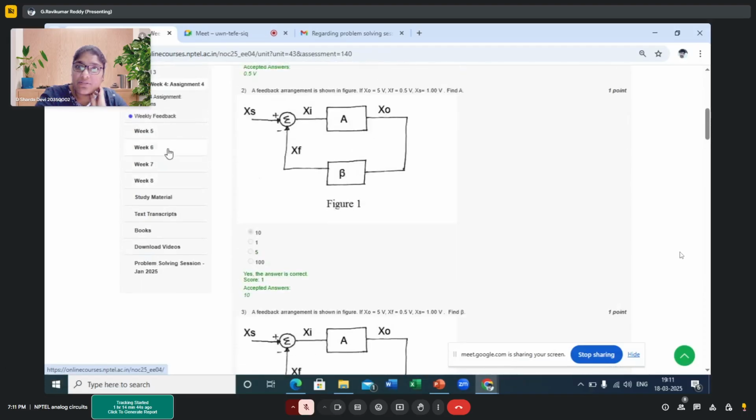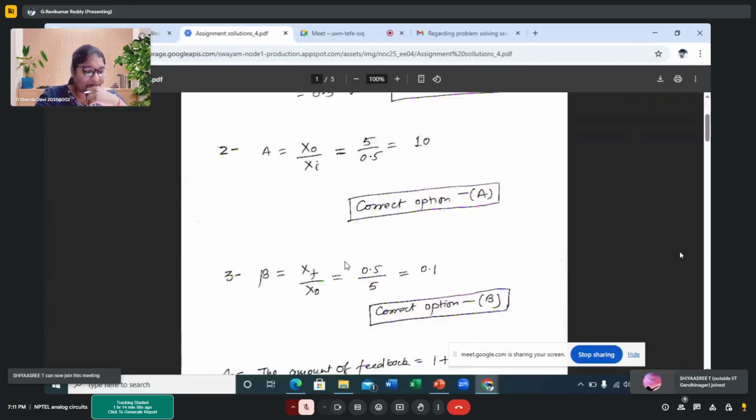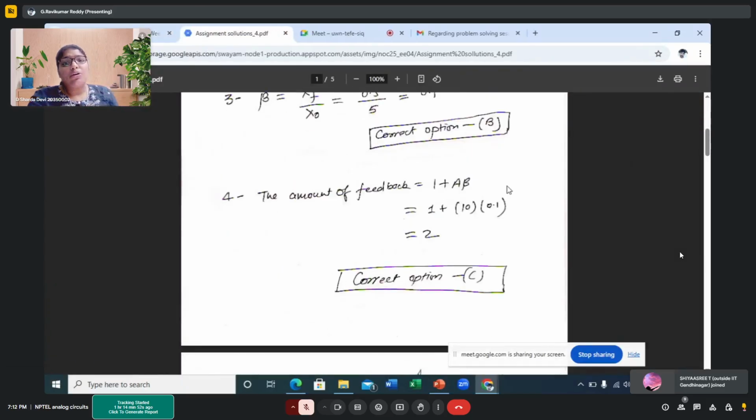In the solution, they wrote 1 plus A beta, madam. I don't know how correct it is. I opened that also: 1 plus A beta. They write 1 plus A beta is the amount of feedback. Okay, okay, okay. So it's like,